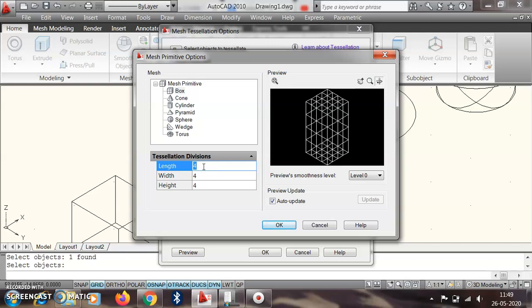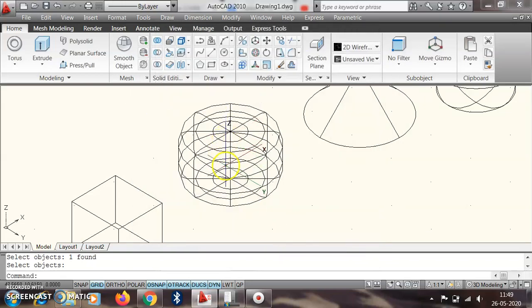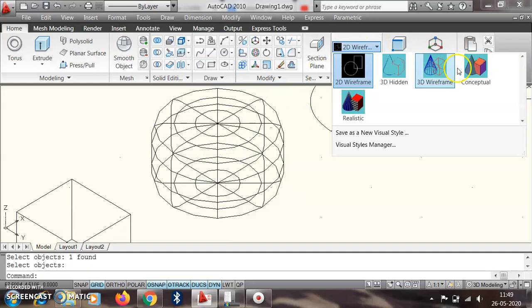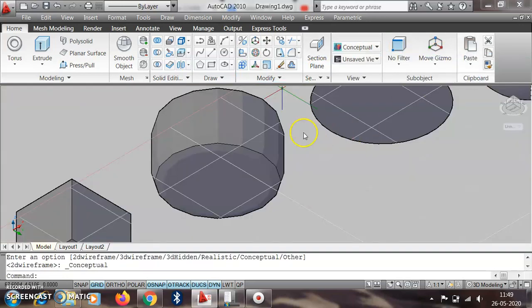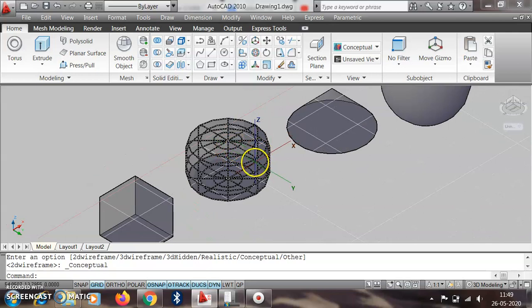Here only 4 divisions are given. Suppose we require 10 divisions, and at the height suppose we take 10 divisions. Then okay. Then see here what the shape of this figure will be. If we go to the conceptual, then we get the conceptual shape of this cylinder.